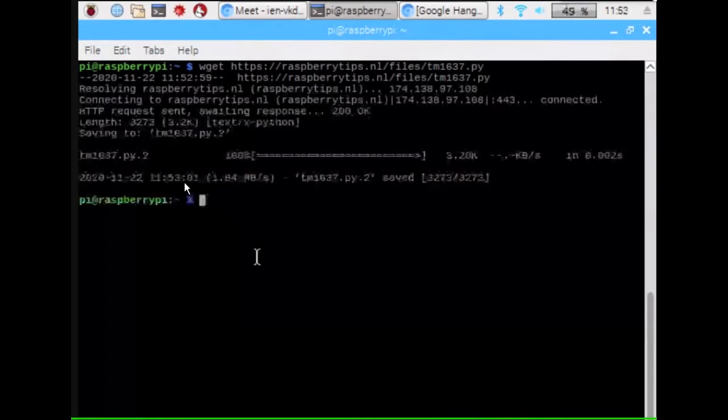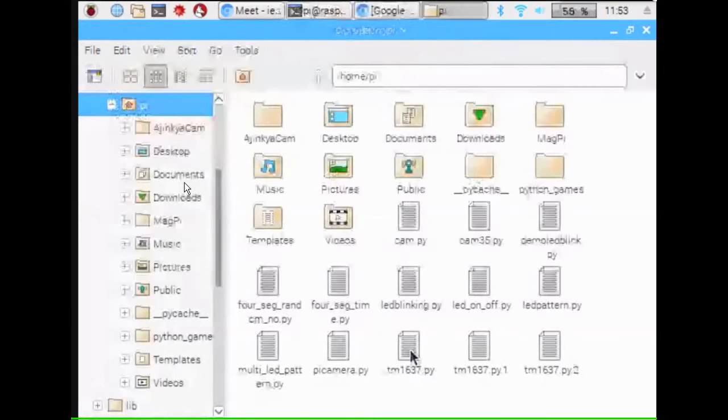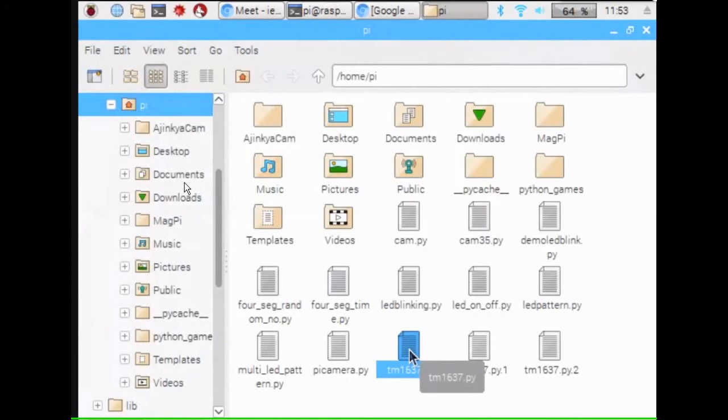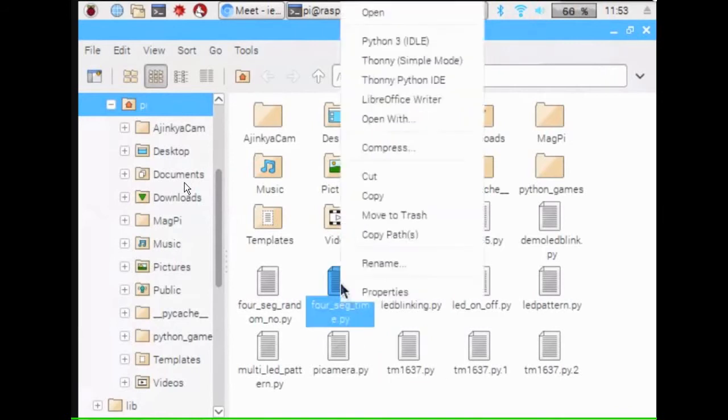After pressing enter, the file is downloaded in our particular path. So we have to check where the file is downloaded. So here is the TM1637 file that is downloaded. Now we are going to use a number of functions which are available in this TM1637. So let's start with the first program, that is 4 segment time.